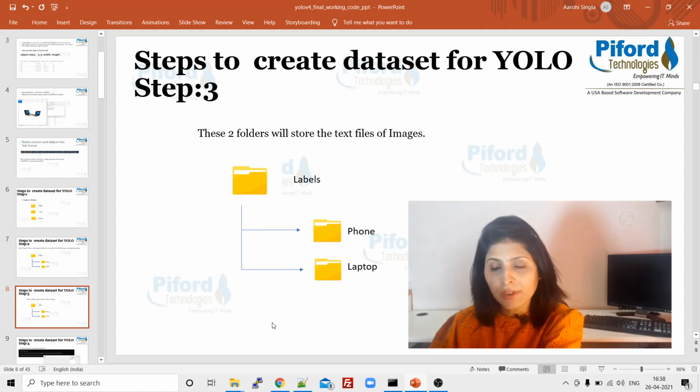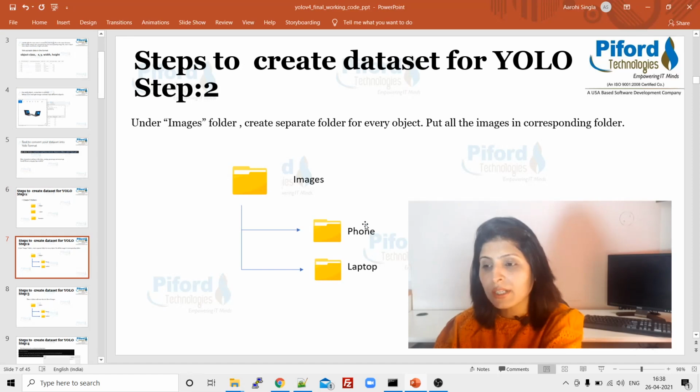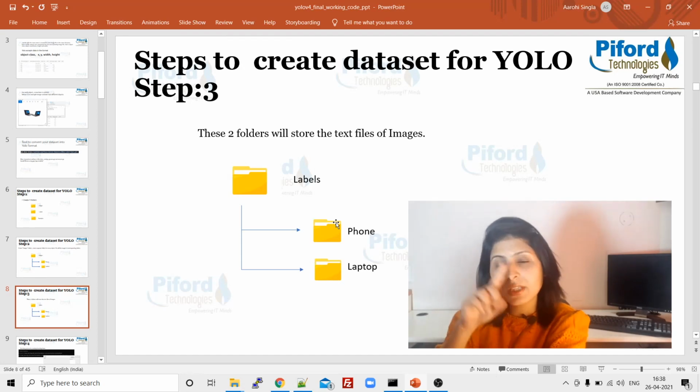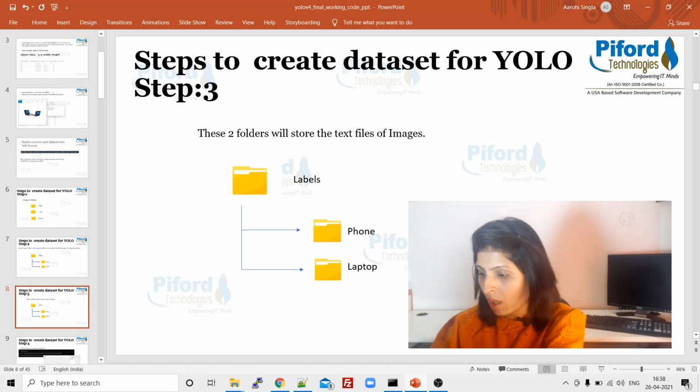Okay, now under images you have created 2 folders. In the same way, for the labels folder, remember we have created 3 folders: images folder, labels folder, and examples folder. Under the images folder you have to create a separate folder for each object, and under the labels folder also you have to create 2 folders for separate objects. So under both images and labels, you have to create these 2 folders: phones and laptop. Okay, so